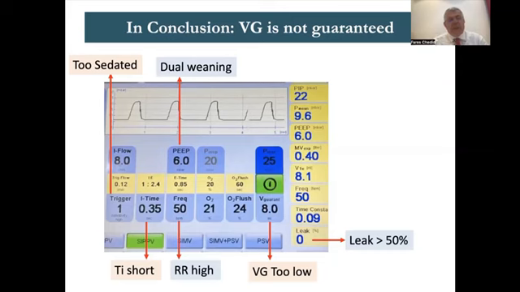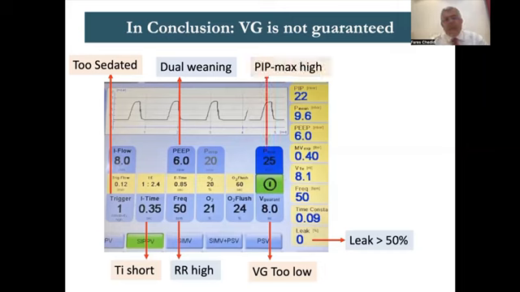Okay, the PEEP itself, as I explained, the dual weaning. If the baby gets healthier, I'm not asking you to decrease PEEP when it's needed, but if the baby gets healthier and you decrease the PEEP, the gradient between the PIP and PEEP will increase, and then as the volume goes up, the pressure will go down later. So decreasing the PEEP will force the PIP to go down, as I showed you in one of the slides.